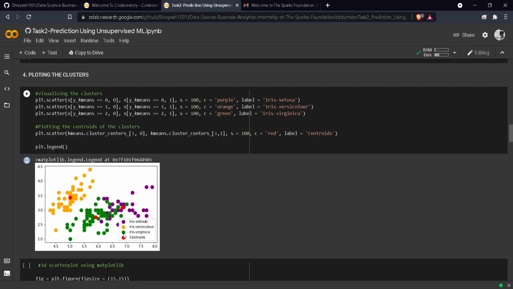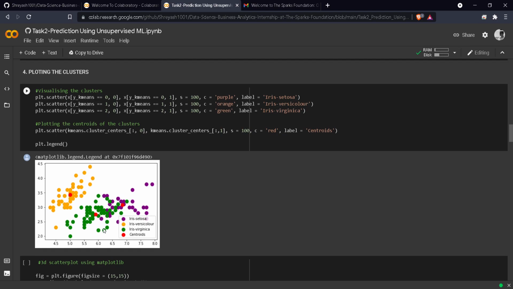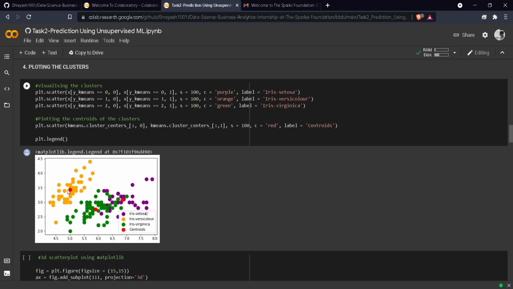And here we are also plotting the centroids of the clusters. These are represented in red color. This is the first cluster, and there are 3 centroids shown in red in the same scatter plot.